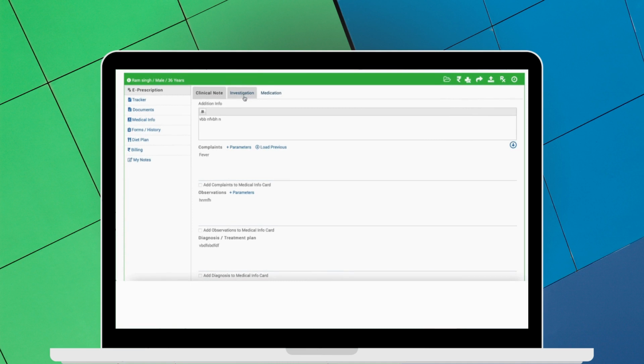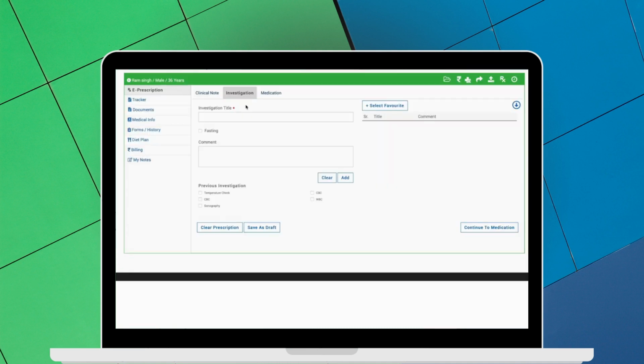Moving on, the second module is the investigations that you may want to prescribe. You can simply type out the test, leave any comments if necessary and press add to see the list build up on the right. Our e-prescription is intelligent and it will remember your 5 most frequently used tests in the